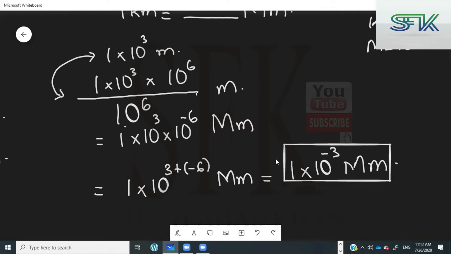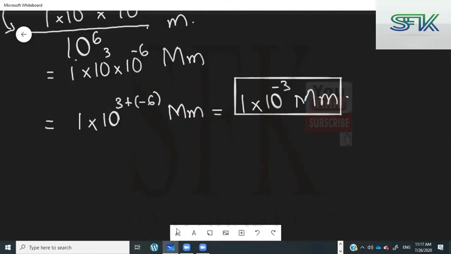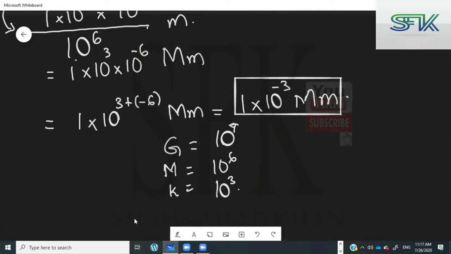Okay. Now, this was all about the positive prefixes. Giga, mega, and kilo have positive powers, right? Giga has 10 raised to the power of 9, mega has 10 raised to the power of 6, kilo has 10 raised to the power of 3. Now, what about the